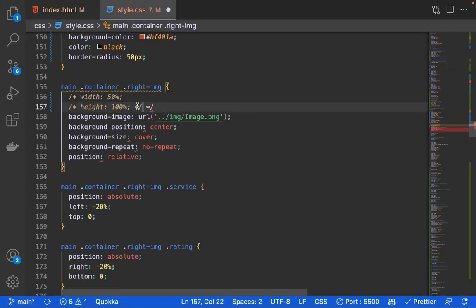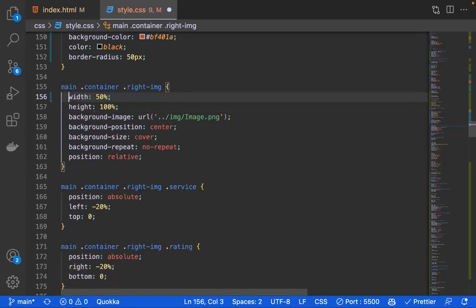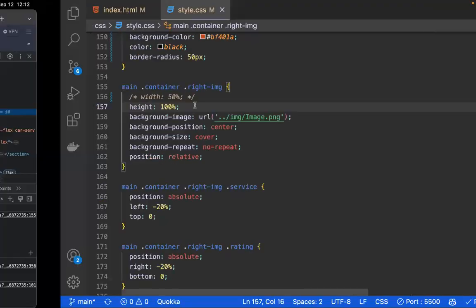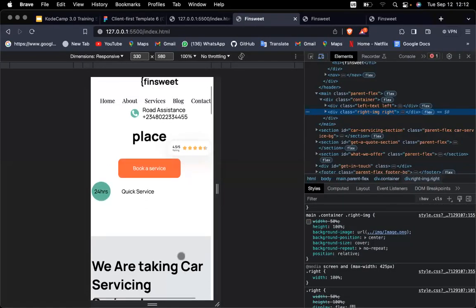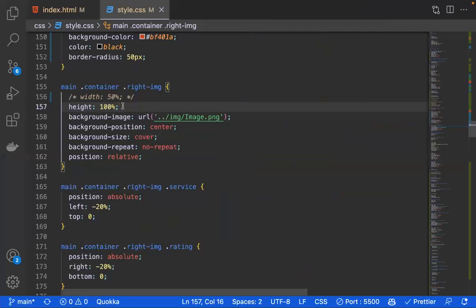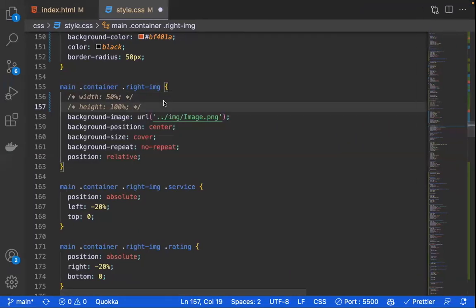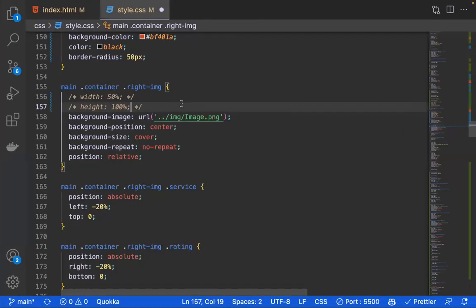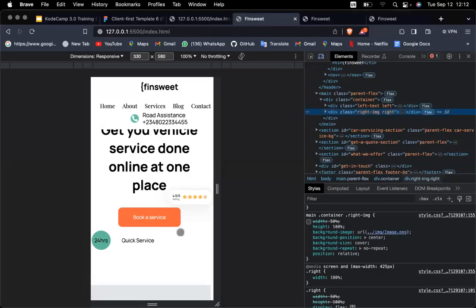Let me say this first. Let me just comment this out and see what it's going to look like. Save. Okay, still we don't have a height for this, because this 100% is not taking a height from any place. So let me comment it out. What I need to do for the image to show up, after selecting the image from here,